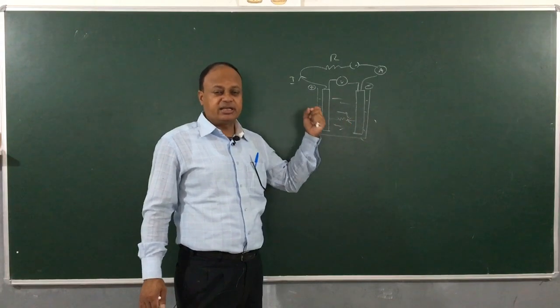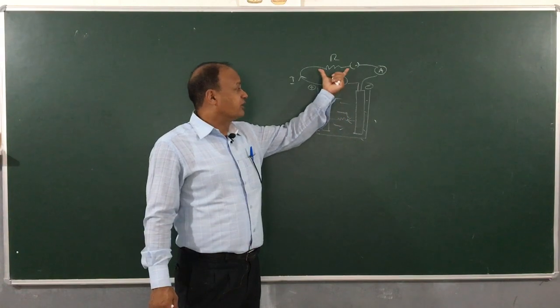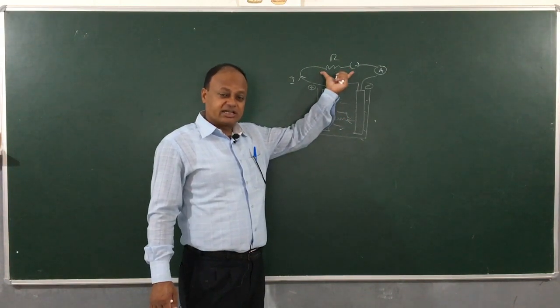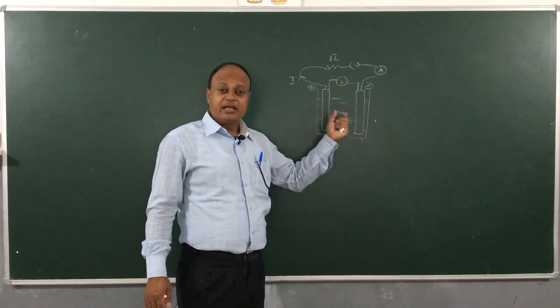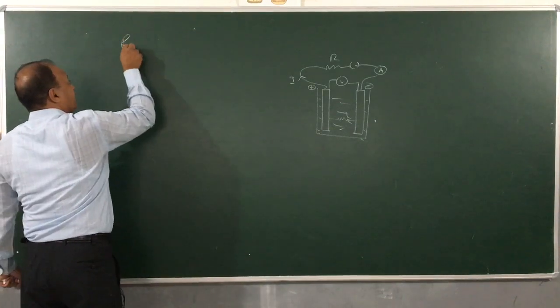Electrolyte, right? So we can say at any given moment the work done by the cell will be equal to the work done in driving the charges or the current through the external resistance and for driving through the internal resistance of the cell. Hence we can say here we have a relation